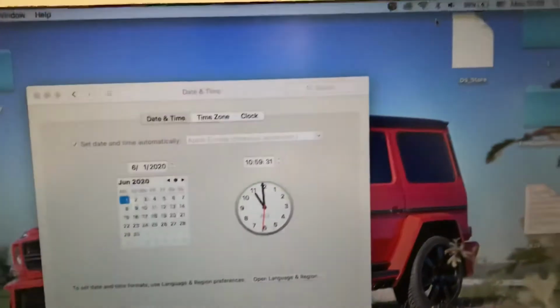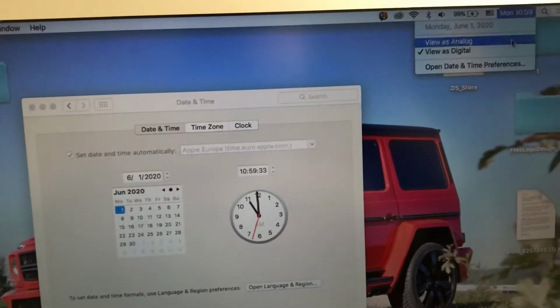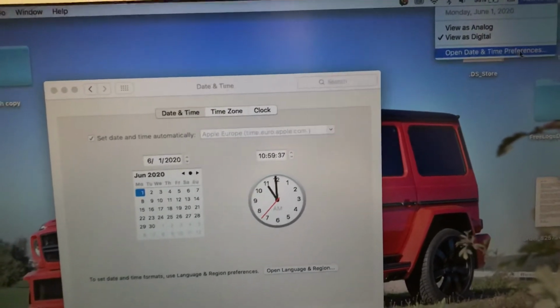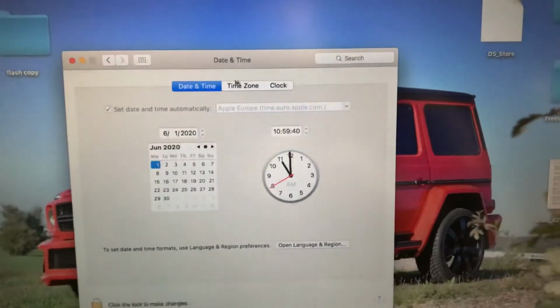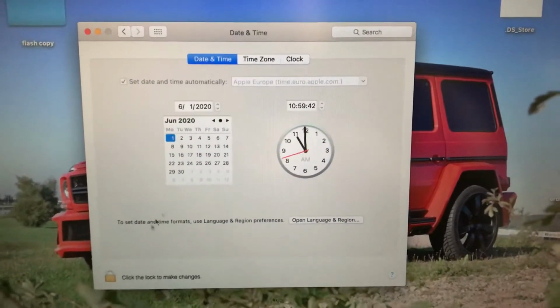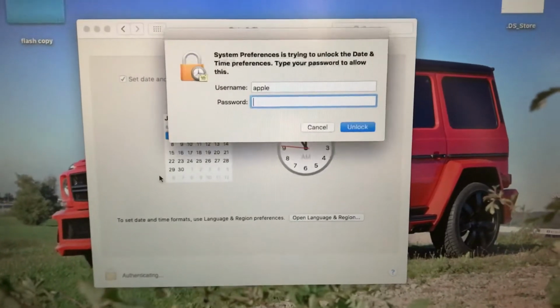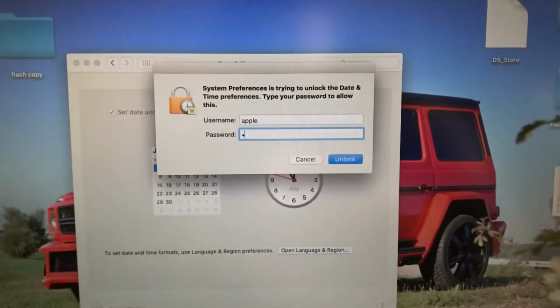So for doing this you just need to click on your date and time, and here you will choose open date and time preferences. So just click on it, and after you click on it you will see this window. So you just need to click the lock to make changes. So just write your password here,